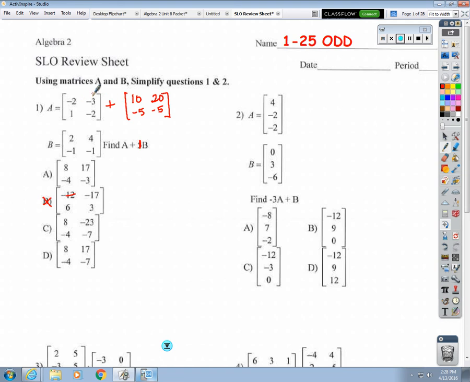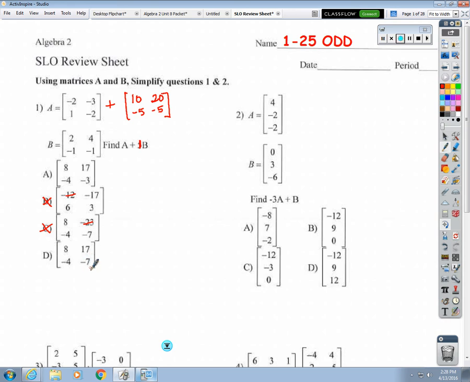You've probably had similar questions, but not this exact one. Okay, -3 plus 20 equals 17, so that eliminates this one. 1 plus -5 is -4, and that's -4, so that doesn't help us. -2 plus -5 is